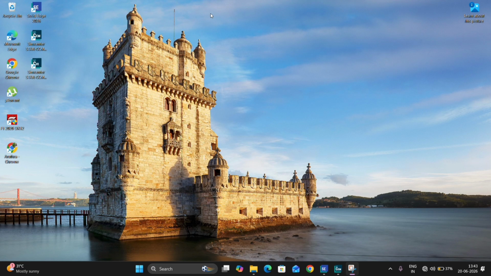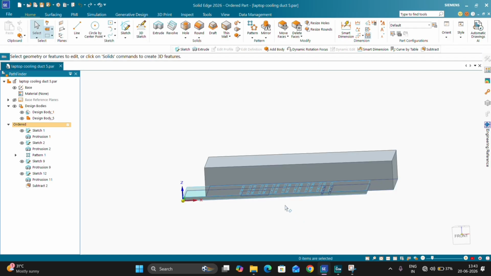2025 version. So I will be showing you how I have modeled the cooling duct. Then I will show you how to simulate it in the Star CCM Plus. So first